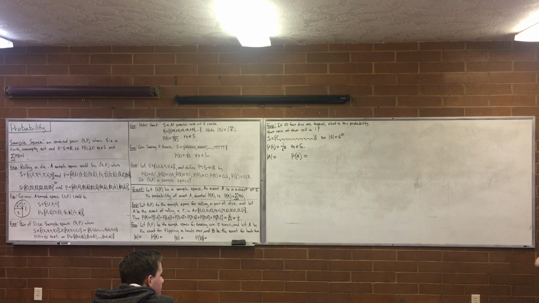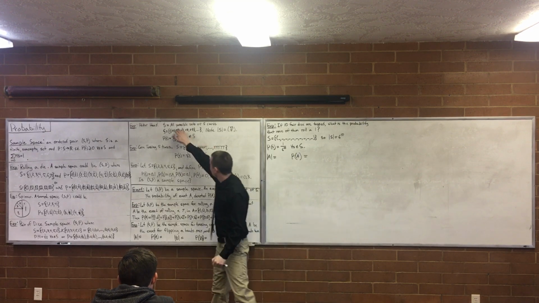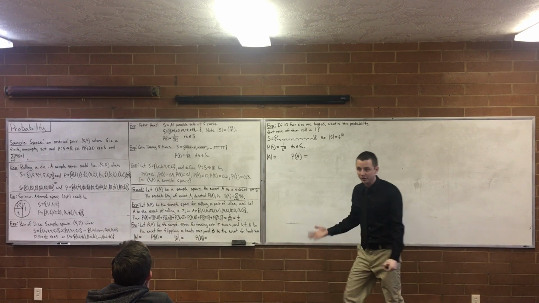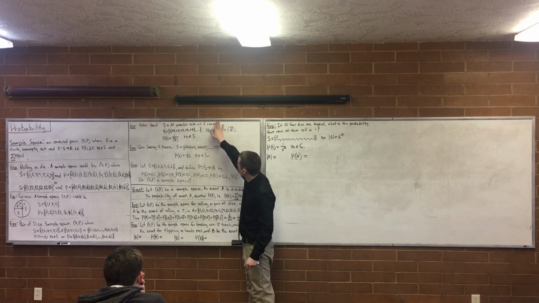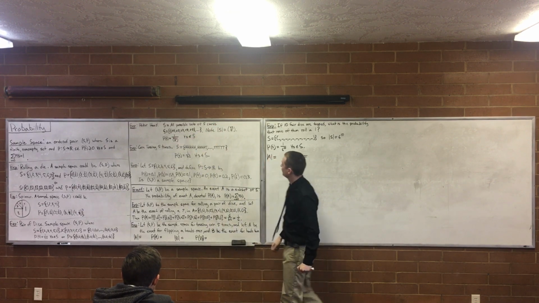Is there any way to write S? You can just say this: all possible sets, 5 cards, whatever. Just make it very clear that you know what we're talking about. So that was just to make sure that you understood what exactly I was saying. That's why I wrote it twice.